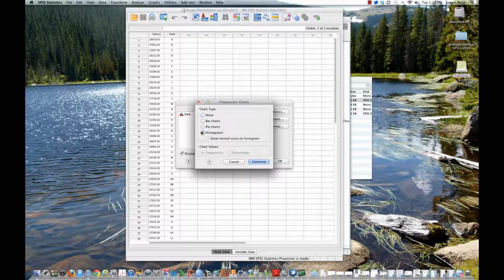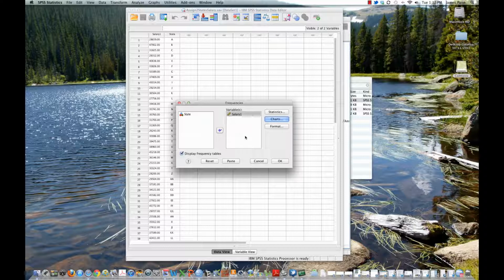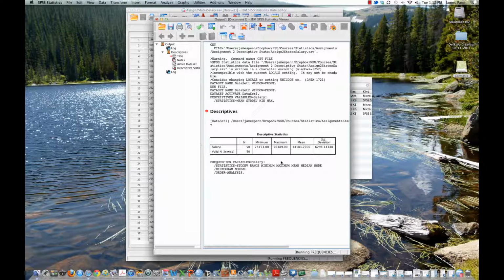And under charts, you can also compute a histogram and show what the normal curve would look like superimposed on your data. So it'll generate this as well. The variable that's selected is salary. You could do multiple variables if we had multiple continuous variables.